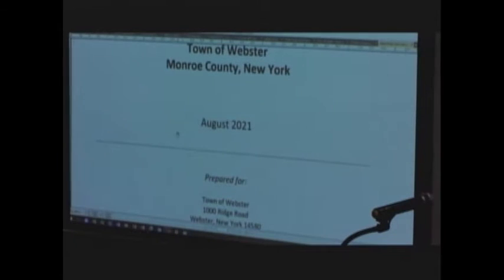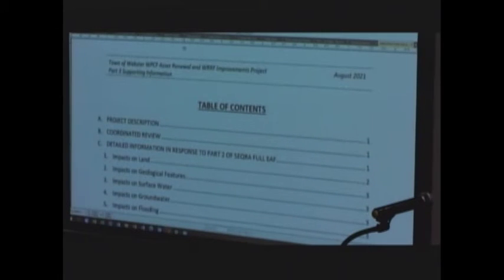I know I've got a relatively tight time frame, but part of the reason I'm here this week is to provide the board that week to review all this information. Many times SEQRA is covered, the lead agency determination is made, we kick into the environmental review, and a significance determination is made that same night. The way we're doing it right now is the better way. This demonstrates that the board is taking this seriously, and they're doing the due diligence to review these documents. I can stay as long as you want, but I've got a tight time frame.